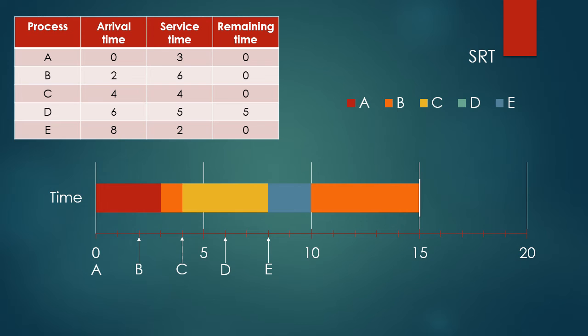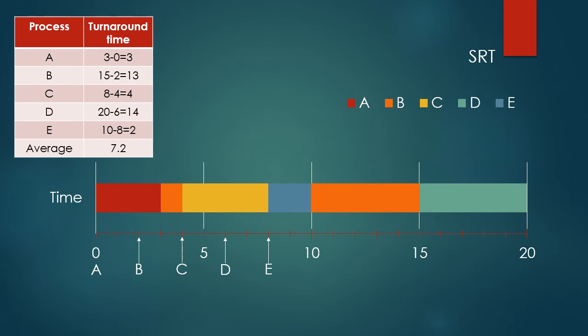We have just seen that there is a tie in remaining time between B and D. How do you break the tie? You break the tie using FCFS. Since B came first, it is scheduled first. So B runs for 5 seconds, finishes off. D is the only remaining job with remaining time of 5 seconds. In the end, D runs for 5 more seconds and the whole workload completes.